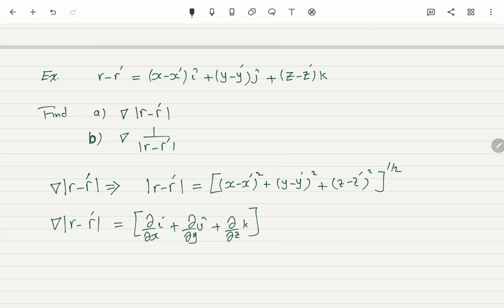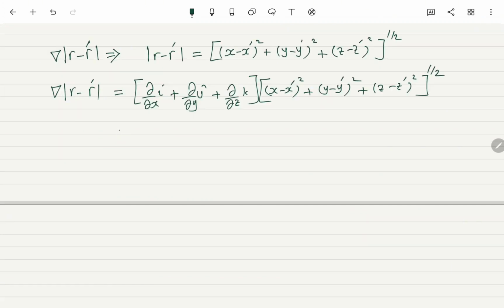This applies on this expression, which equals half times (x minus x prime) square plus (y minus y prime) square plus (z minus z prime) square, all to the power minus half,